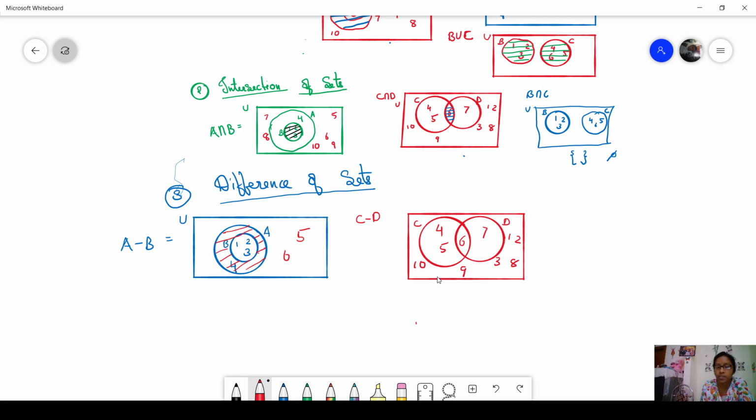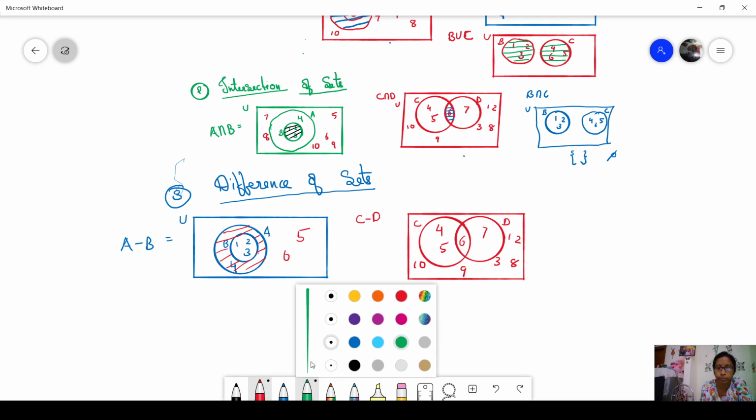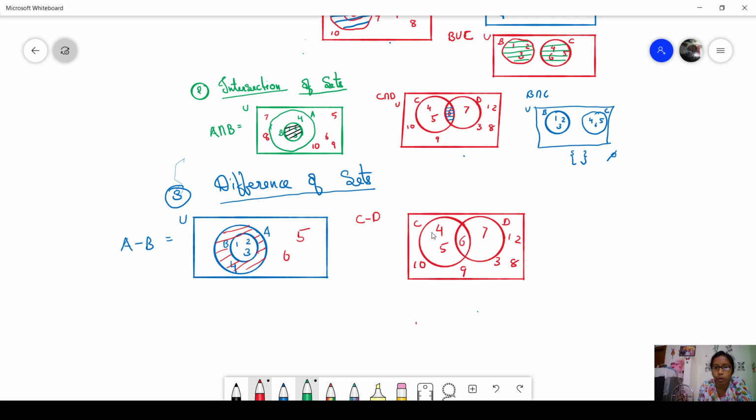Now we need C minus D, means whatever elements are there common between C and D, which is there in C has to be taken off. So from C we are taking the element 6 off. So the remaining elements are 4 and 5. So the shaded portion shows the C minus D. In the same case, when we are taking any disjoint set C minus D, we are drawing,